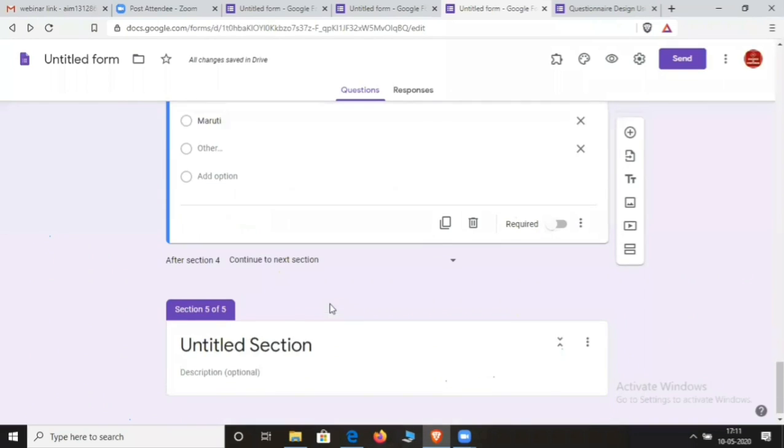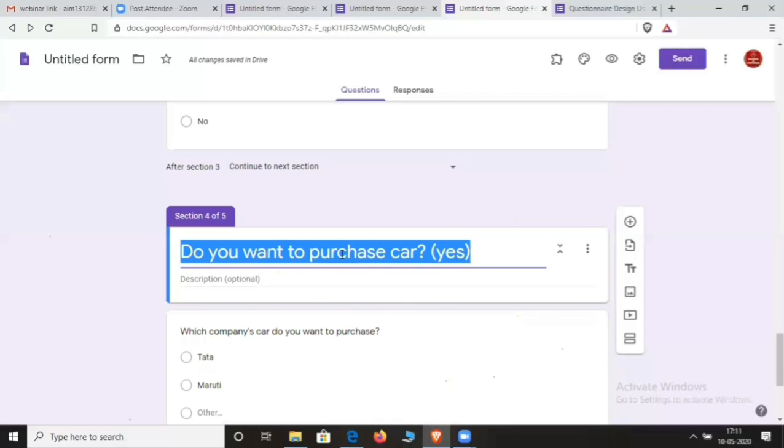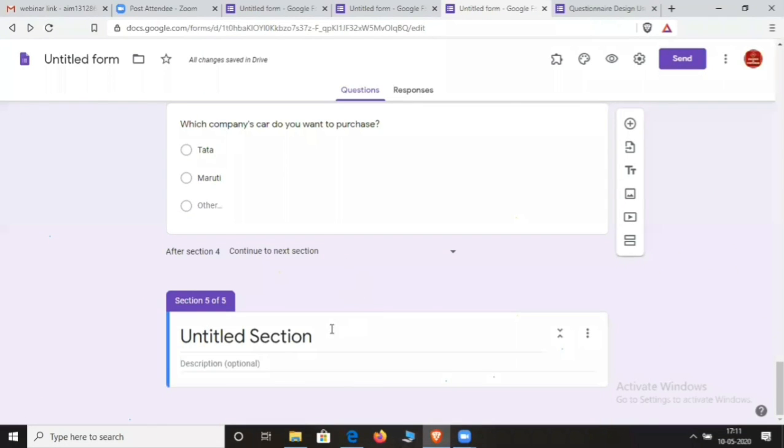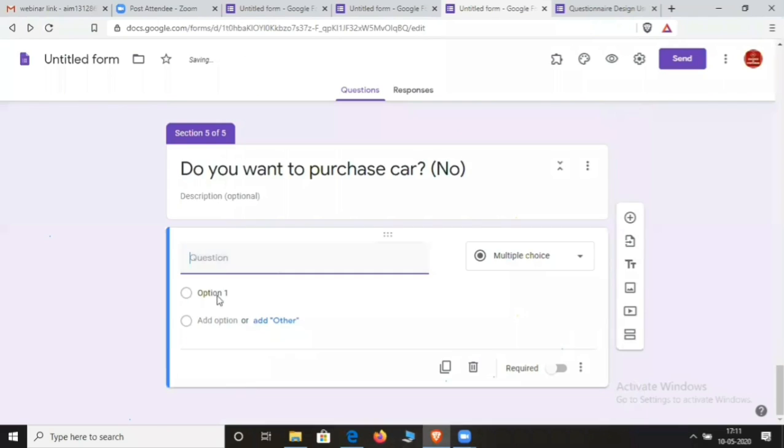And if no, if you do not want to purchase a car, then give me the reason why.